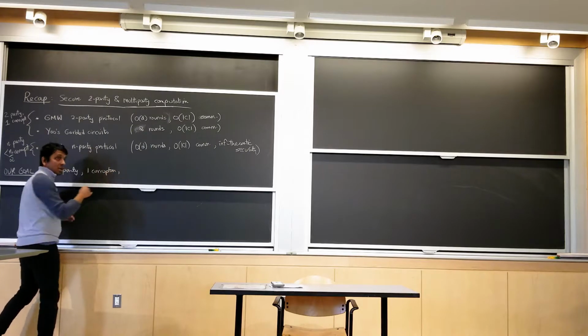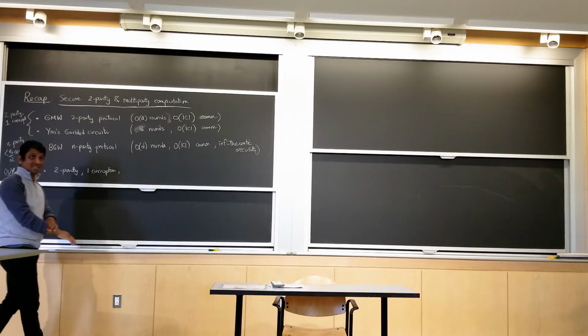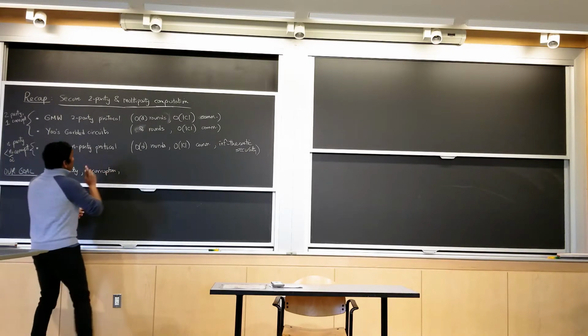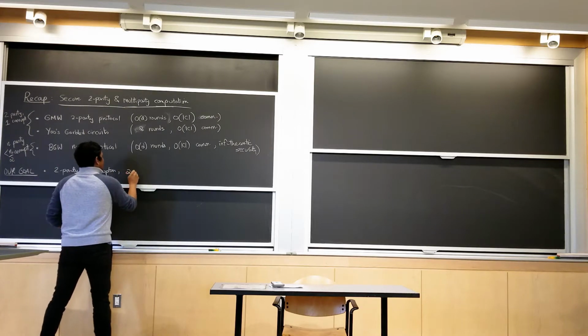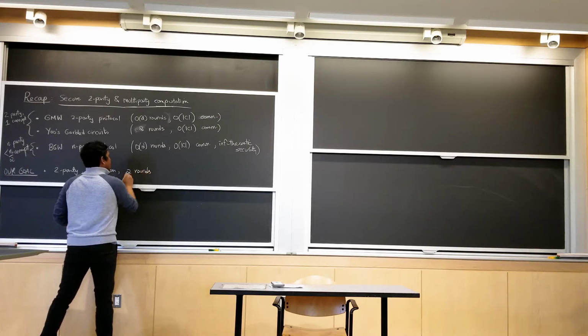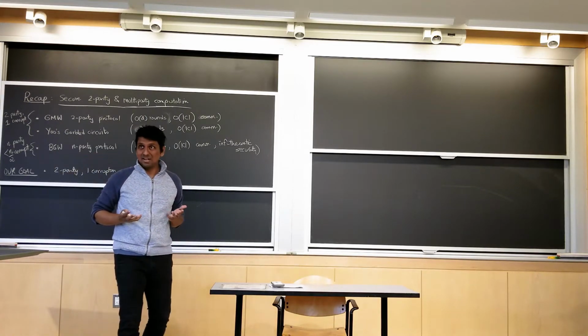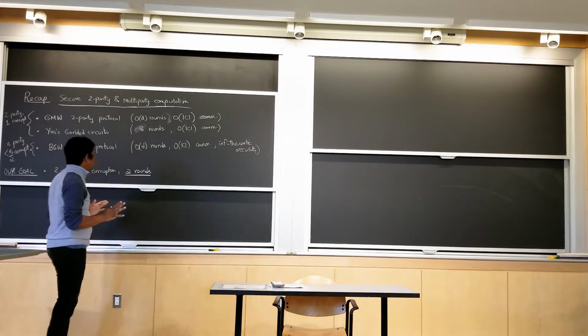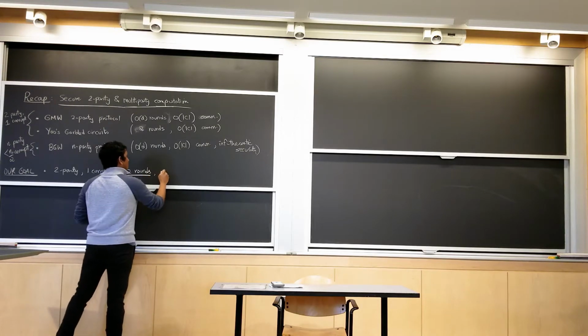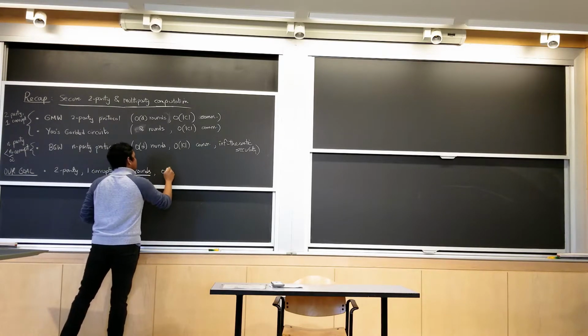Let's keep it simple. So two-party protocol with one corruption. Again, let's talk about semi-honest. That also can be generalized to malicious corruptions, where you have 2 rounds. So the best possible, right? I send you something, you send me something back. That's really the best you can hope for. And so if I would say optimal